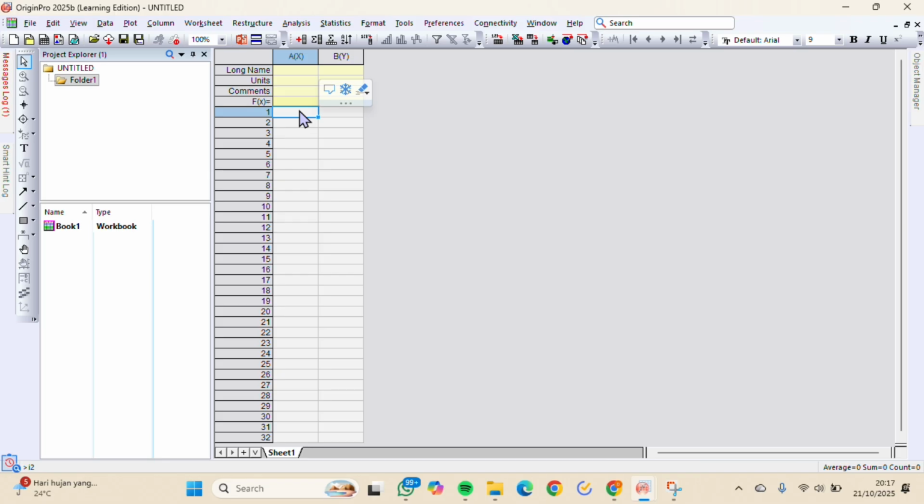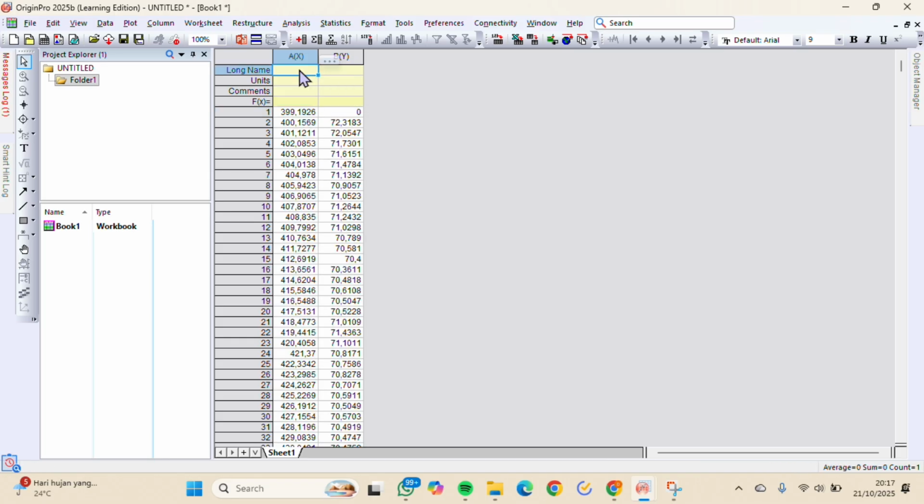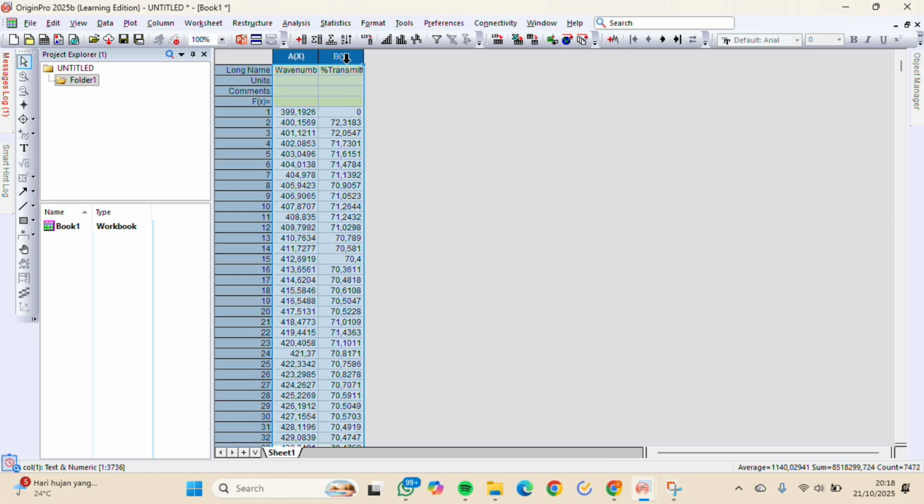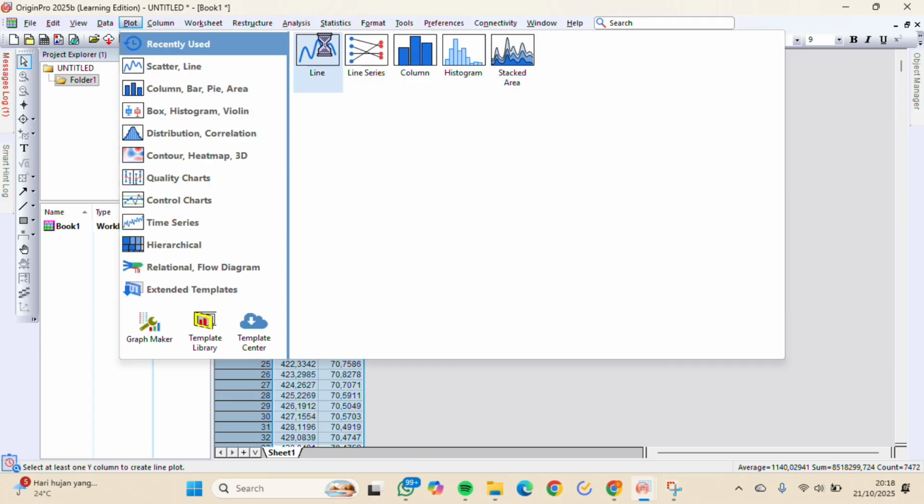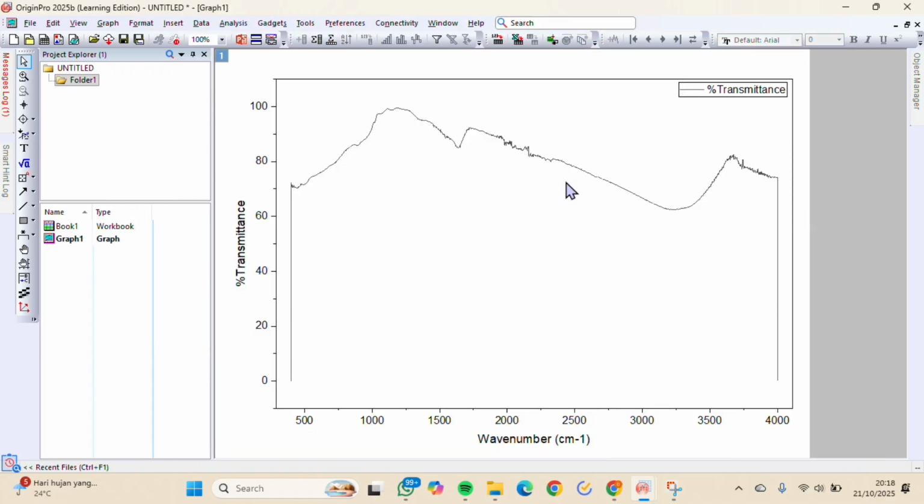Then we write the name in the long name row: in column A we write wave number, and in column B we write the percent transmittance. After that, click columns A and B, click plot and choose line, and then we get the graph.